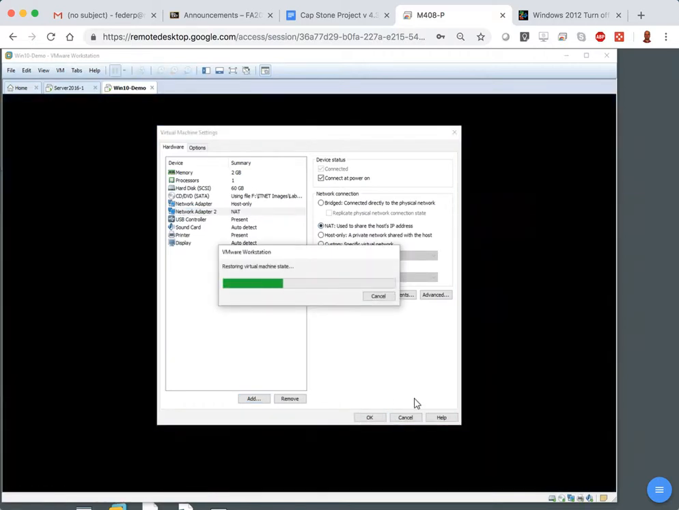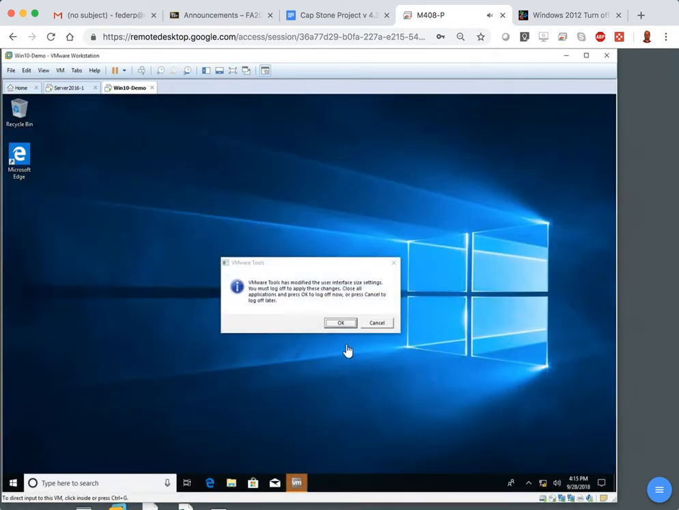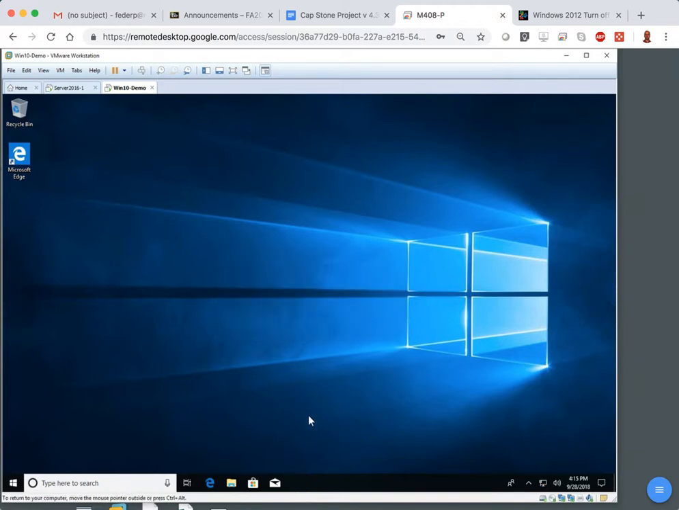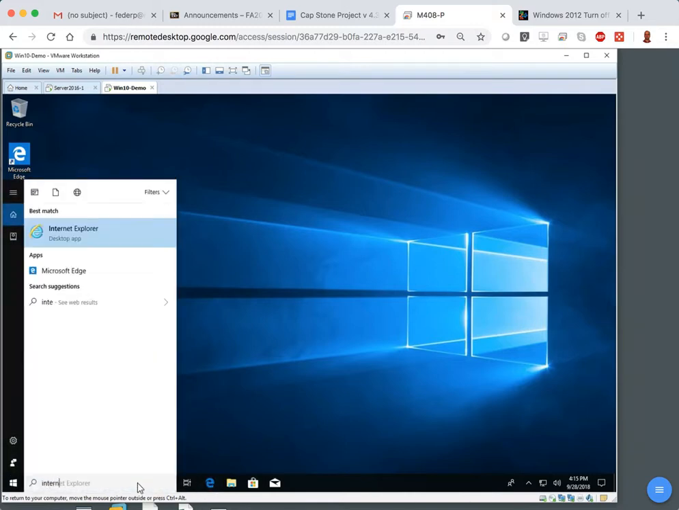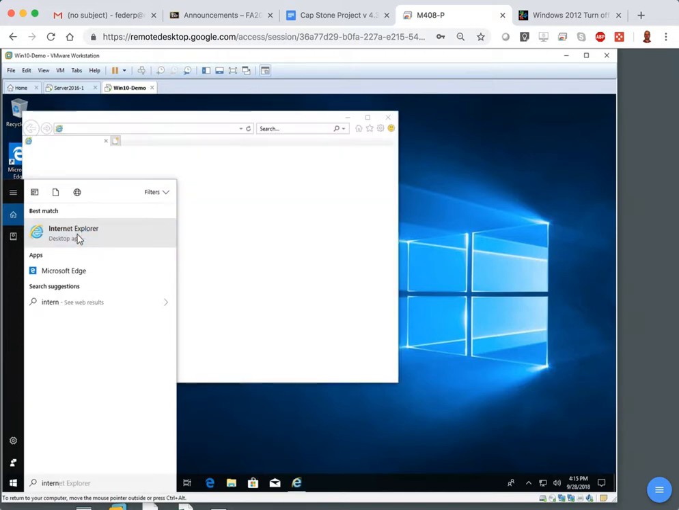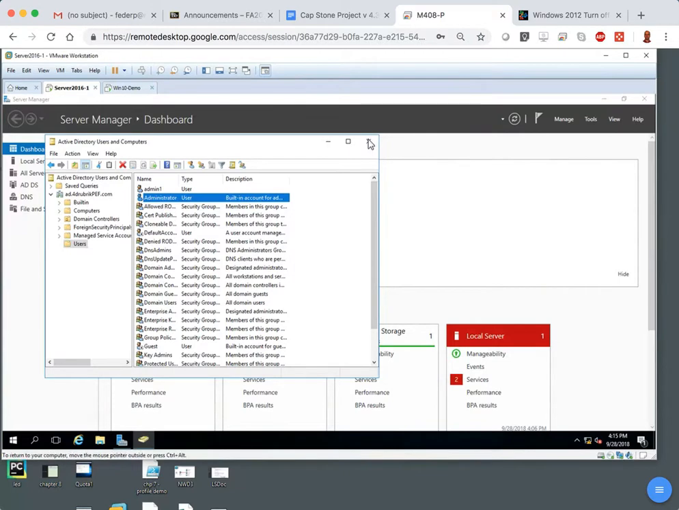Good. So now, once the device gets installed, I don't want to mess around with this yet. We're not going to reboot or anything. Anyways, now I should have internet access. We'll use Internet Explorer, and then we'll go to Google. And while everything's connecting over here, let's go back